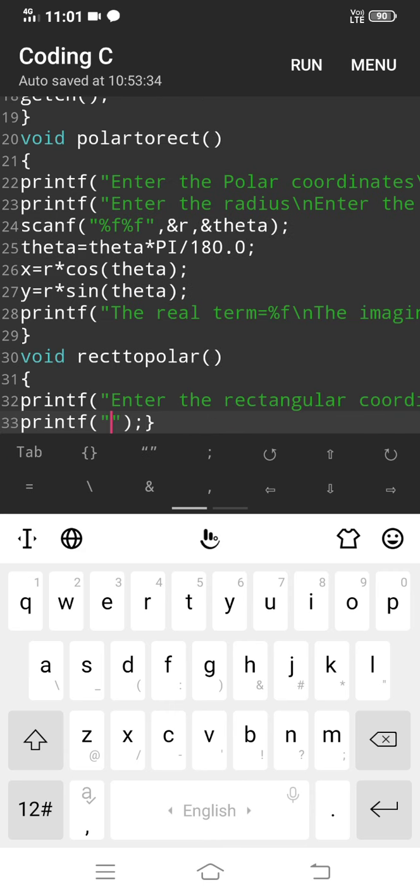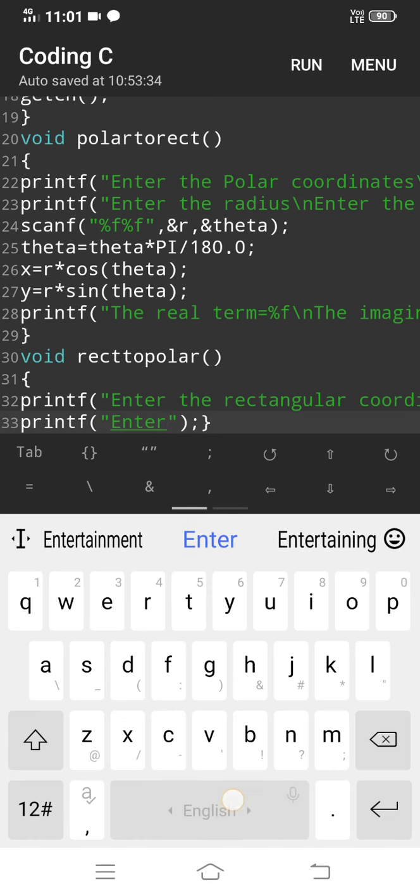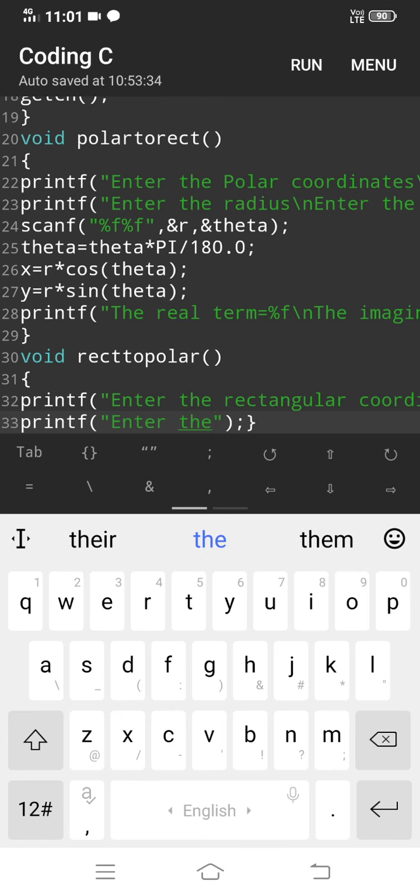Again printf, enter the imaginary and real term. The rectangular form has a real and imaginary term, that are x and y, so the user enters them and we scan through the scanf function.